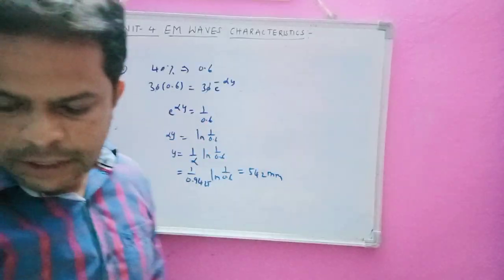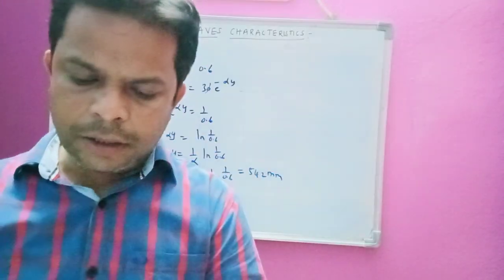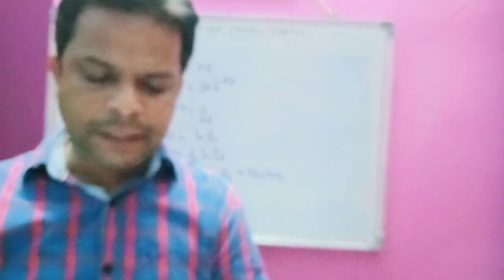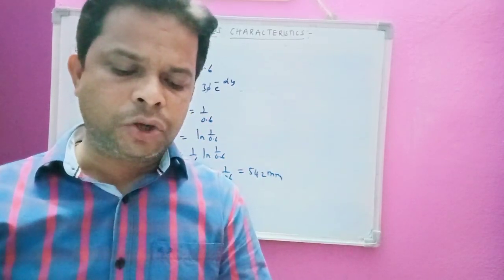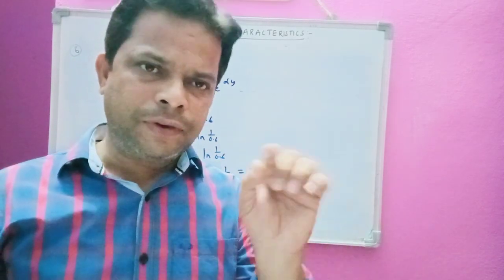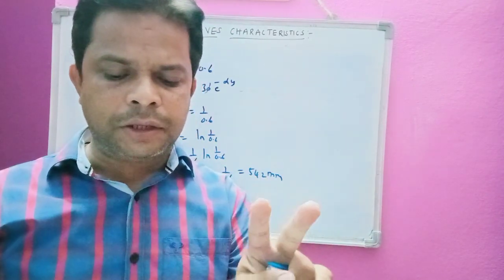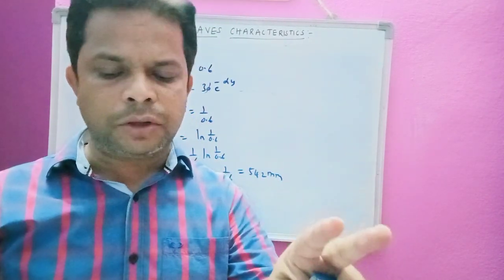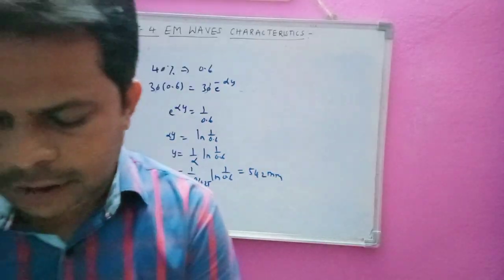And the final question he is asking, all of you listen here. Capital H at y is equal to 2 meters and t is equal to 2 nanoseconds. We have to find the value of h. After calculating h, we have to substitute y is equal to 2 and small t is equal to 2 nanoseconds. So let us do that.